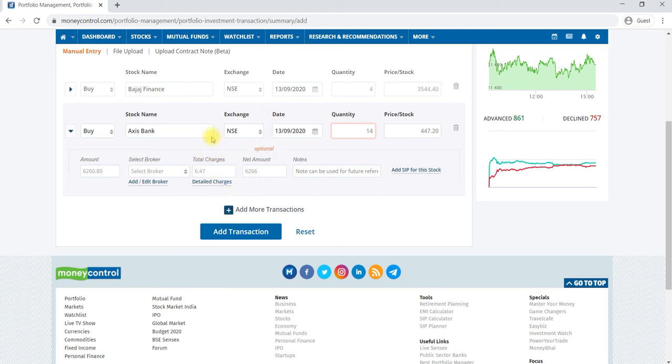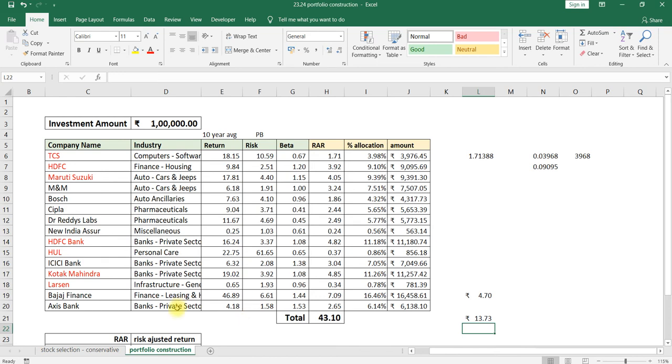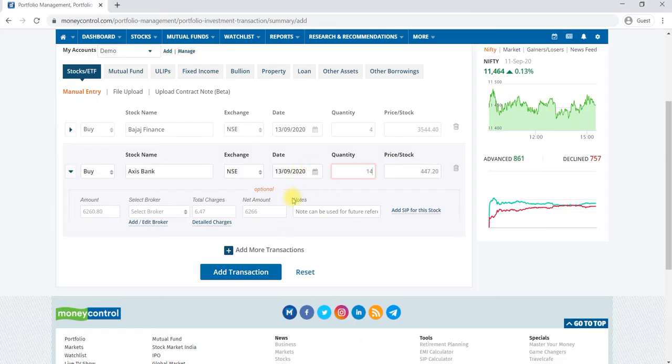Once I have entered that, if you have more stocks, for example, 15 stocks can be uploaded at a time. In that case, again we have to click on add more transaction. I already added the first 13 stocks. To show you guys, I have taken 2 stocks to be added, otherwise it will take time. So we'll add these 2 stocks to the existing portfolio.